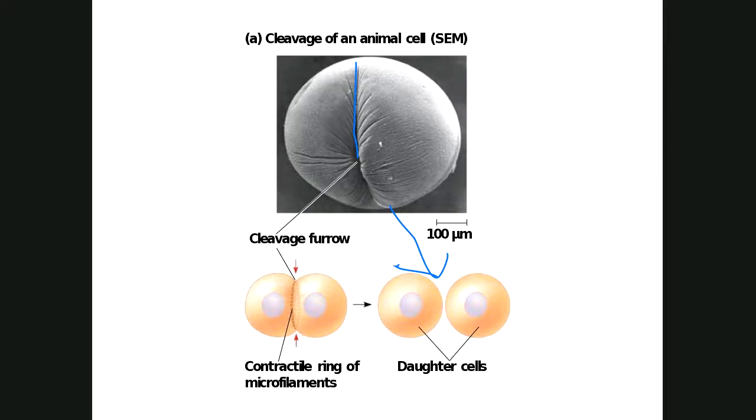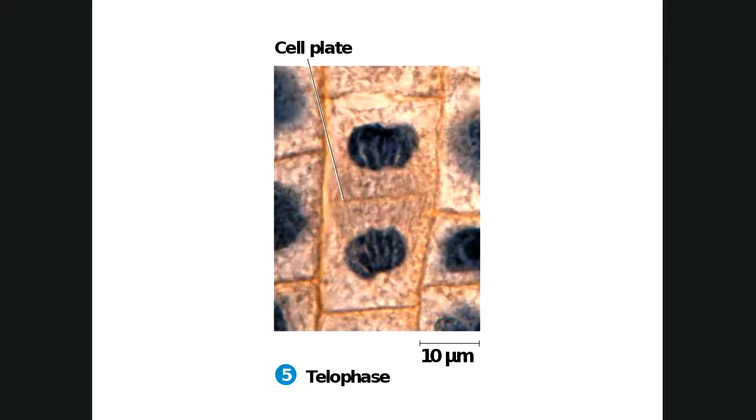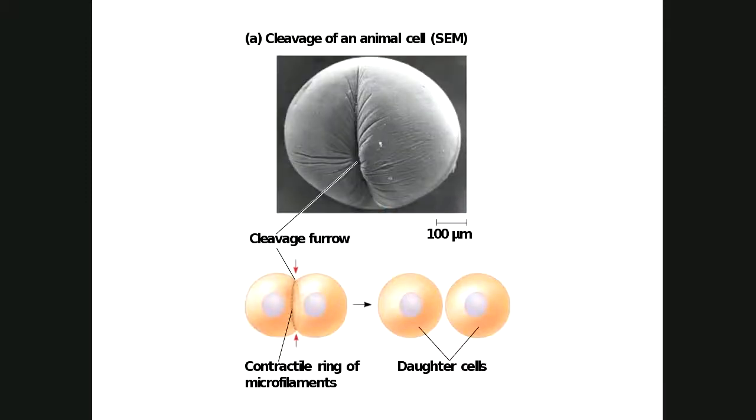Now, the way a plant cell does it is a little different. You see that in the picture. A plant cell forms, you can almost see, these are the microtubules that are disappearing. Let me erase that, though, because I want you to look at this right there. That faint line is called a cell plate. Because plant cells have a cell wall, they can't divide by cleavage furrowing. They can't divide by just being pinched in half like that. Right, here's another picture.